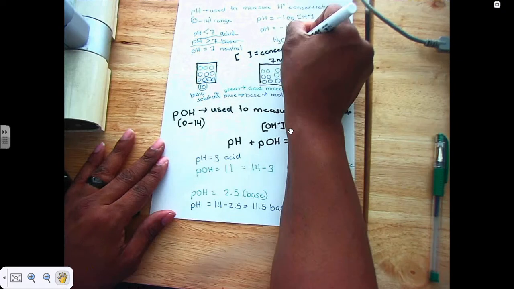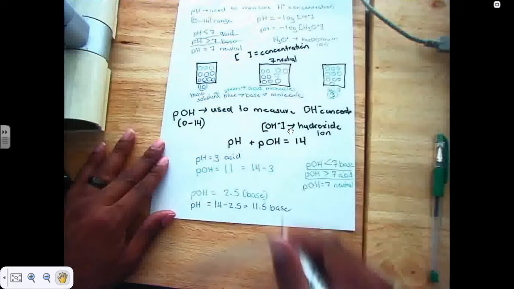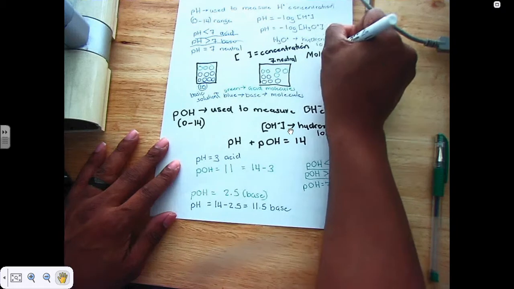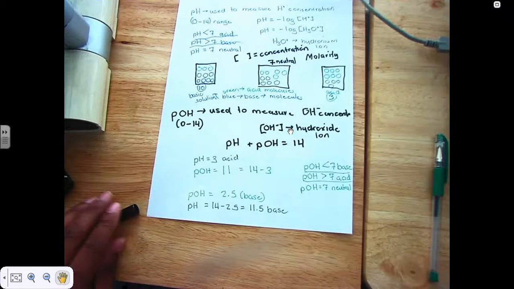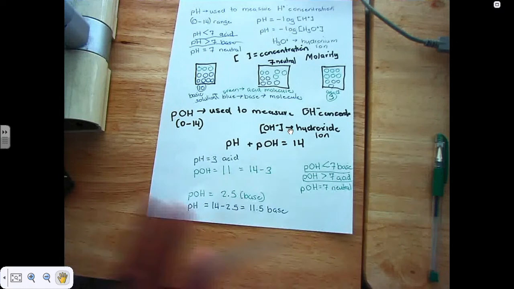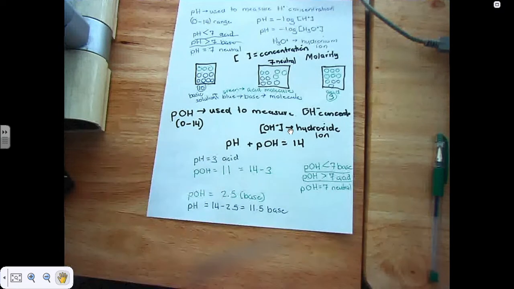And if we're talking about concentration, a lot of times you're talking about this concept called molarity, which should be a familiar term, because molarity is a measure of concentration of a solution. And so when we're looking at the pH and pOH, that's their relationship. But there's a little bit more that we can